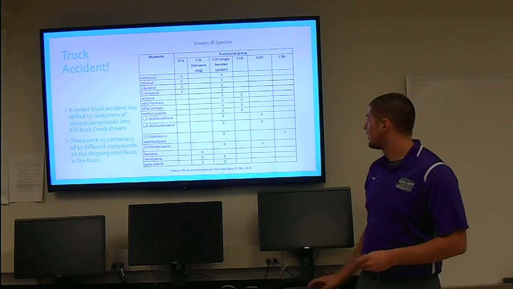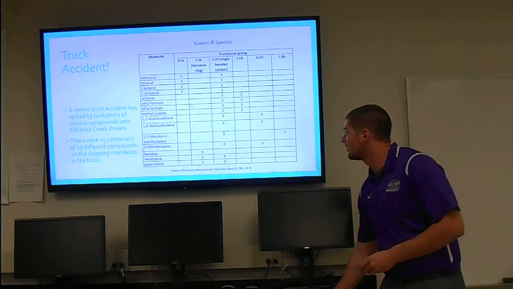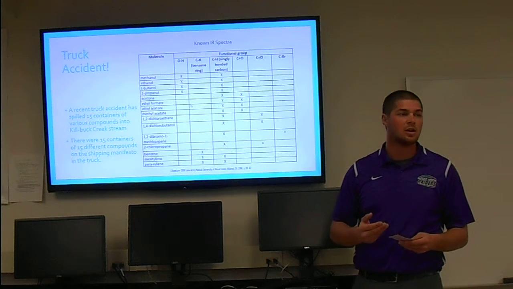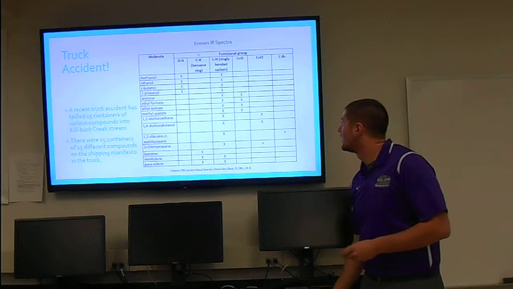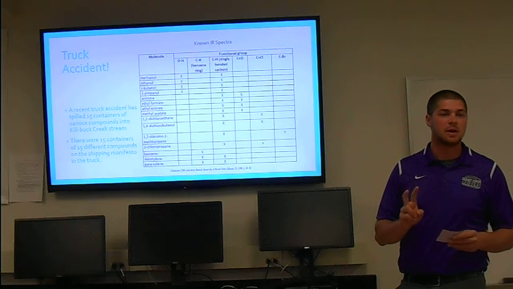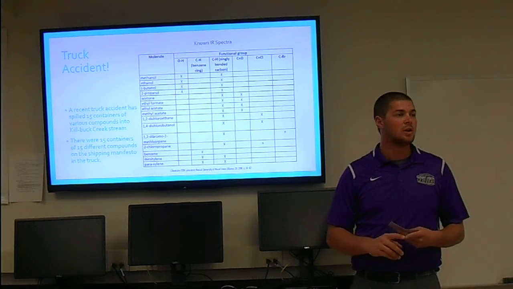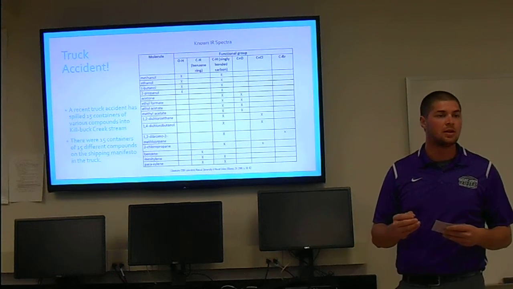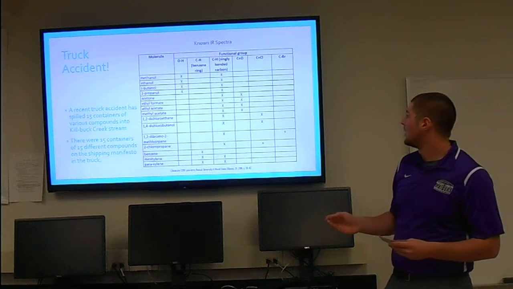So here we have the shipping manifest. This was given to us from the trucker, so we know what 15 compounds were being carried. Here we're going to use two types of spectra to find the unknowns. The first is going to be the IR spectra. That'll just help narrow it down to 4 or 5 of the compounds, and then we're going to use the